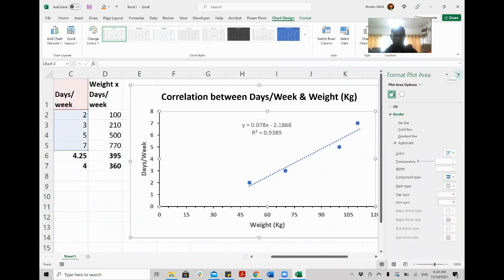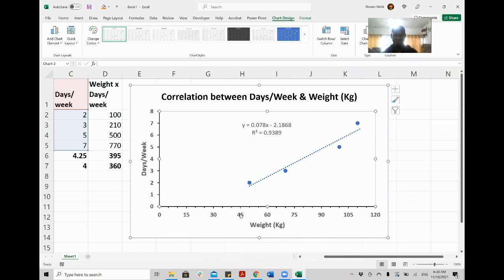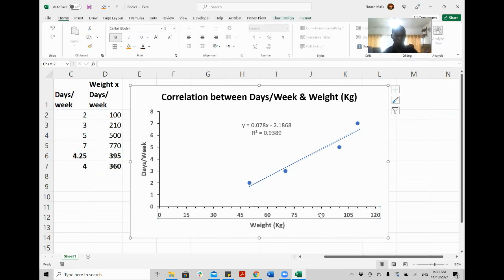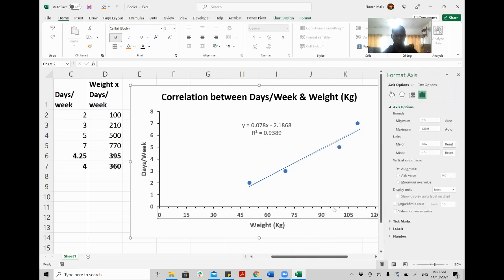Now I will show two last things and then I will end this today. First, I can see that my line is ending here. There is no data in this area between 0 and 45. I will delete this area because it just doesn't look good. So I will select my scale again, and then format axis. For the minimum scale, my data is starting at 45, so I will go for 45 here.